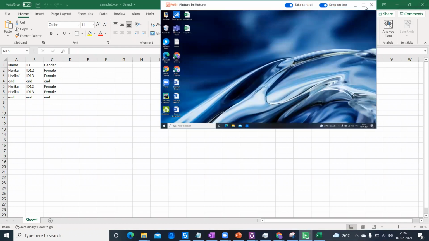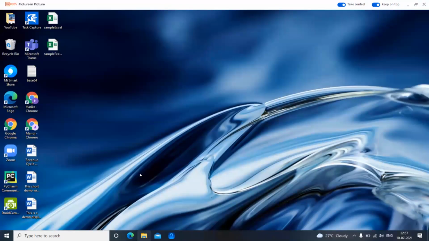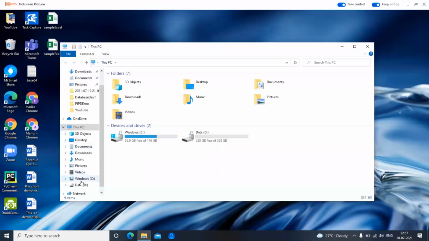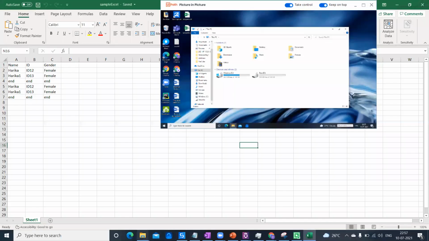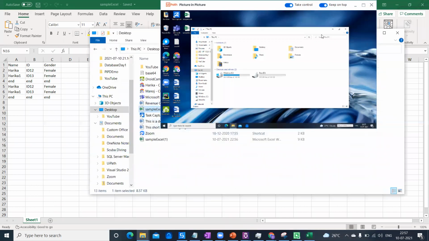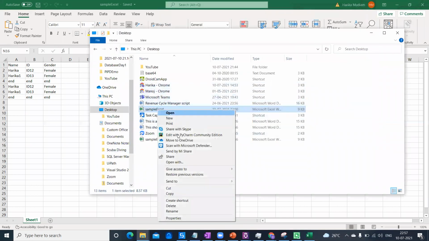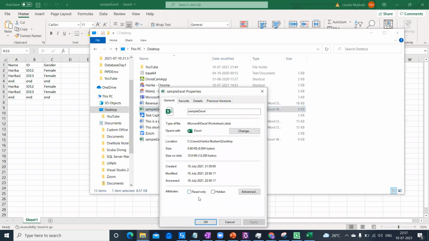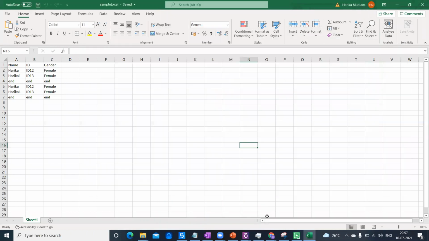So what I'm going to do is, in my PIP, open the same file. If you check the properties in the main session, the property is not set to read only, but still it has thrown the exception.